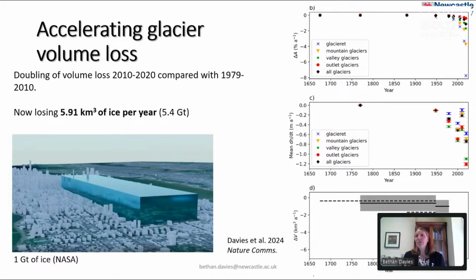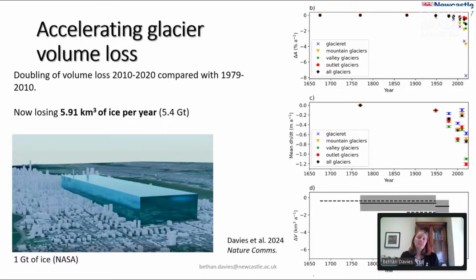We can see that rate of change really accelerating after about 2005. Then that middle graph there is thinning per annum. And again, after about 2000, you can see the ice field is really starting to thin over the whole of the ice field. When we do a density calculation and convert to volume, we can see